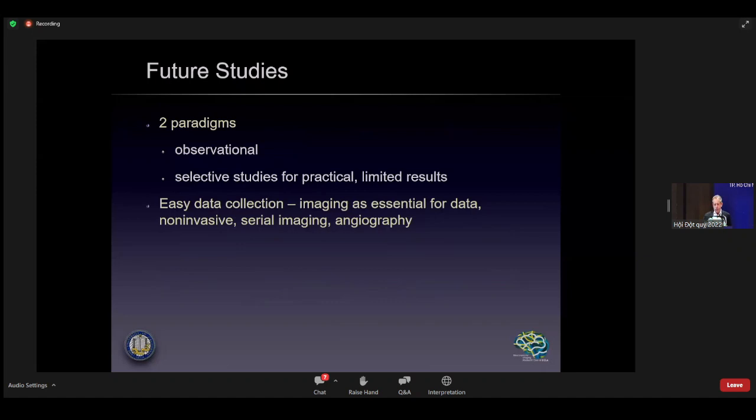So what can we do in terms of future studies? Well, we can look at the paradigms that we have, either observational studies or selective therapeutic studies. But when we do focus studies, selective studies, we have limited results. And then we always go back to the variables that we described in the earlier talks based on selection criteria, severity of disease, age, and other variables. And we never take a giant step back to think about how we put it all together, because that's how we practice on a daily basis in terms of thinking about all these variables.